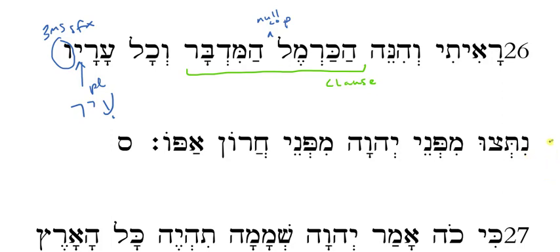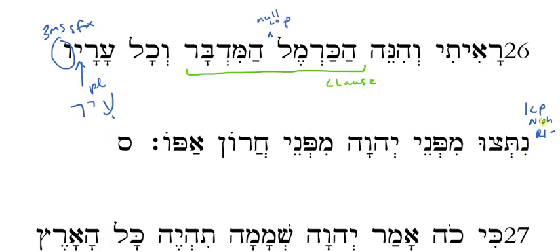What am I looking at here? Well, I have a nun. Okay, so this is susceptible to being a couple of things. When I have a nun up at the front of a possible verb form, it could be a first common plural nun, right? It could be a niphal nun, and it could be a root 1 nun. Those are my three possibilities. So let's take these in turn. If this is a first common plural prefix nun, then all of a sudden we are involved in the story. That doesn't really make very good sense here.